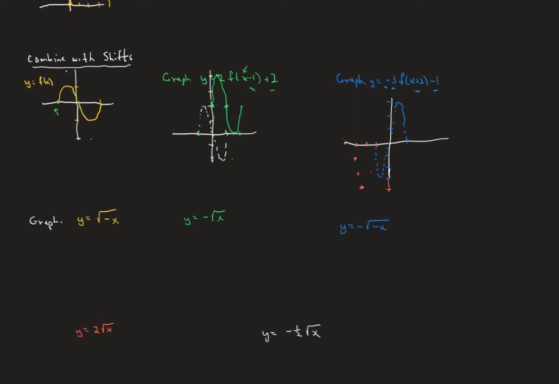And this point is going to go left 2 and down 1. So far we're looking at this. And this point is going to go left 2 and down 1. And this point right here is going to go left 2 and down 1. So we're going to get, where did that point go? We are going to be